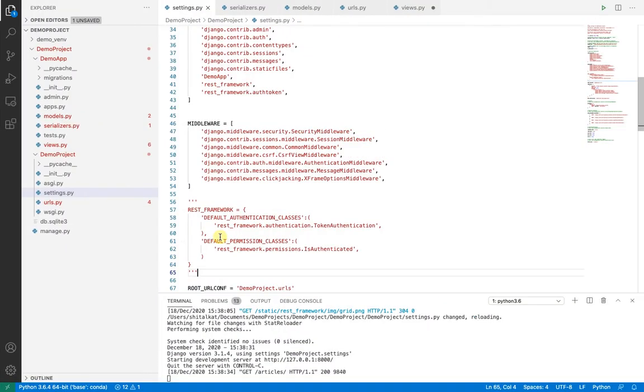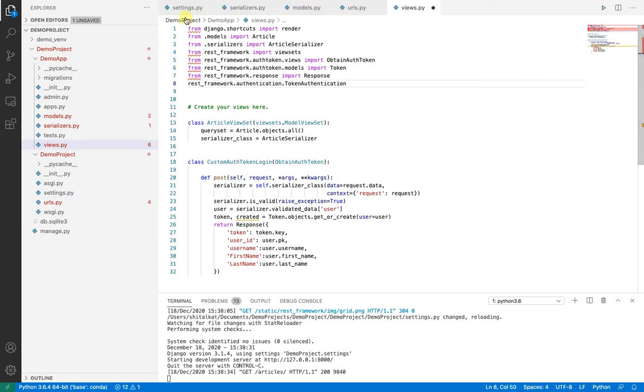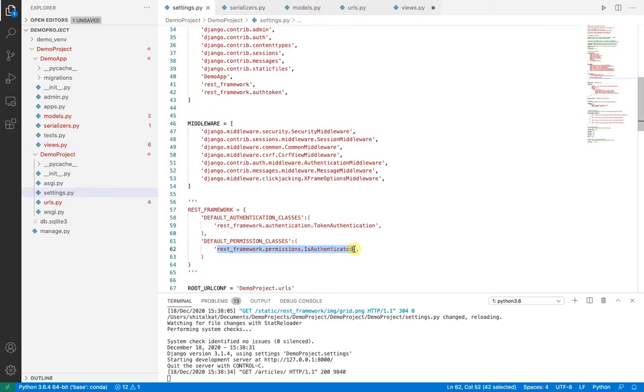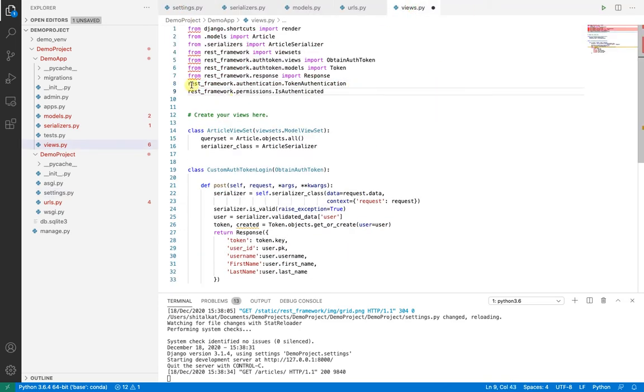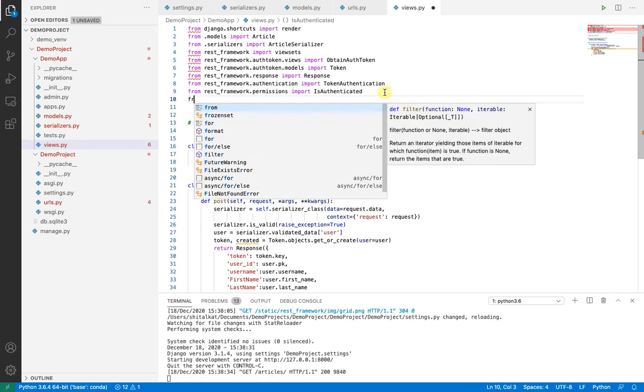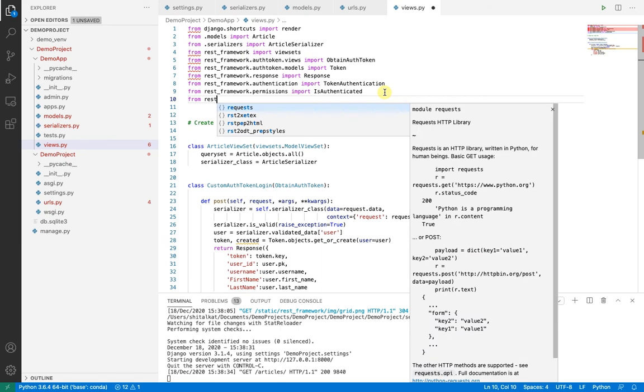Now I'll import these two in views.py where our ModelViewSets are written. I'll import TokenAuthentication from rest_framework.authentication, and I'll import IsAuthenticated from rest_framework.permissions, and I'll also import decorators.